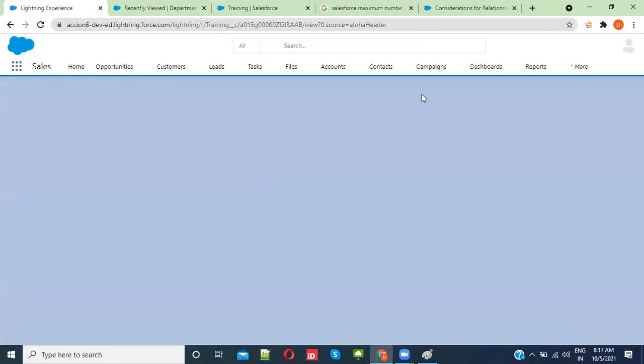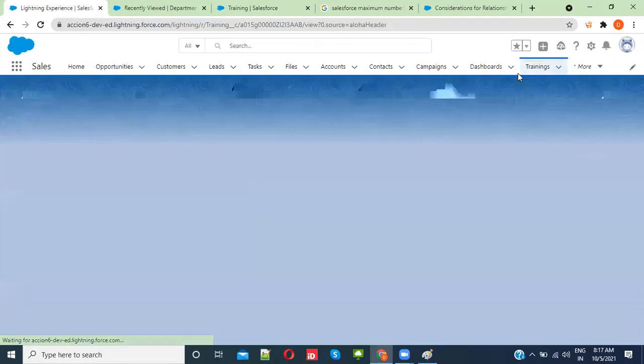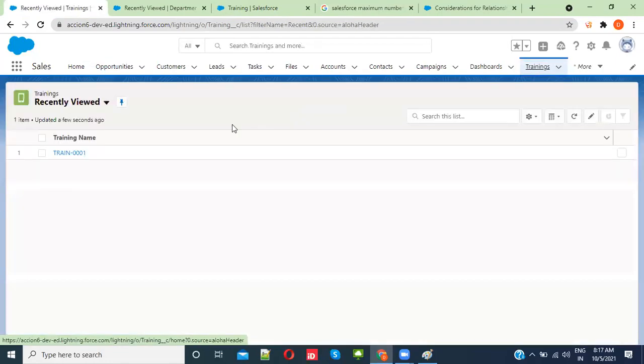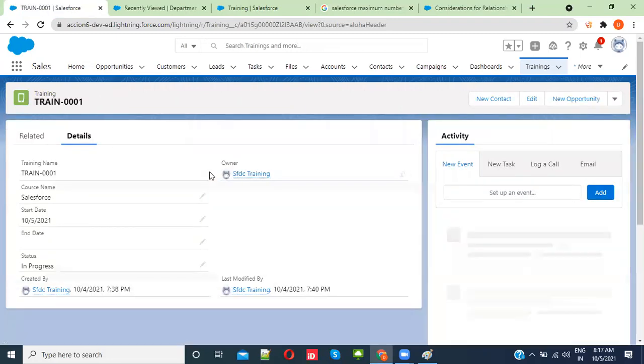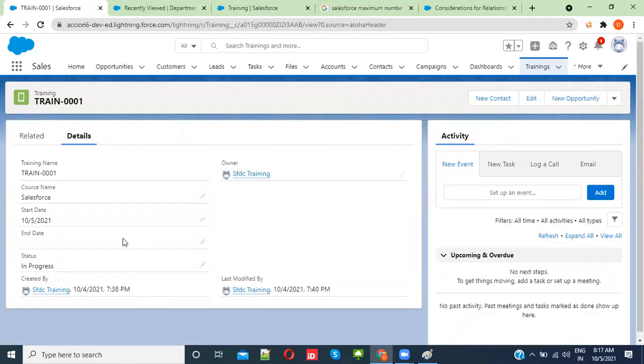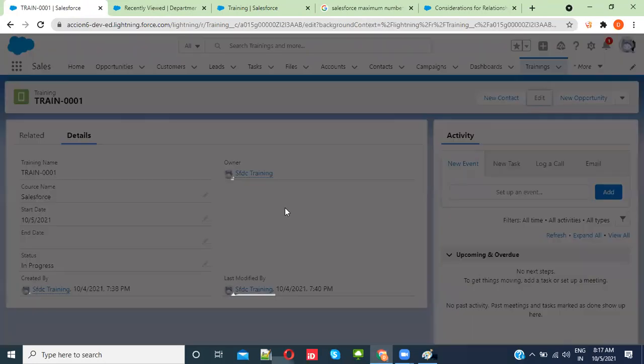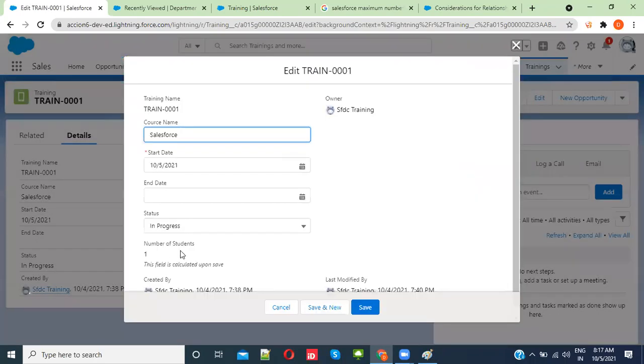Number of students. Sometimes the UI will take time to refresh, and the Lightning page is finished. So number of students is 1.